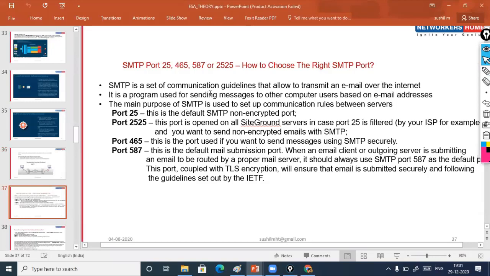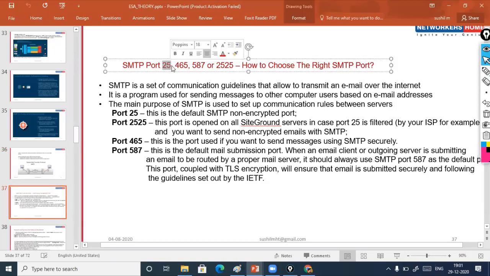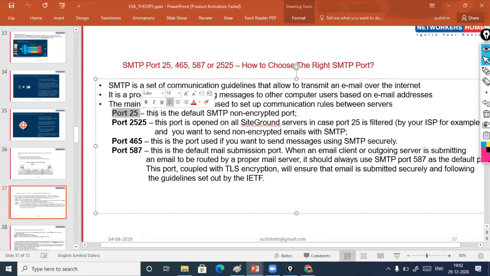So you can see here, we have SMTP port numbers like 25, 465, 587, or 2525. We have different SMTP port numbers. Port number 25 is used for the default SMTP and it's non-encrypted. Very important, you can see port number 587 is there, which is